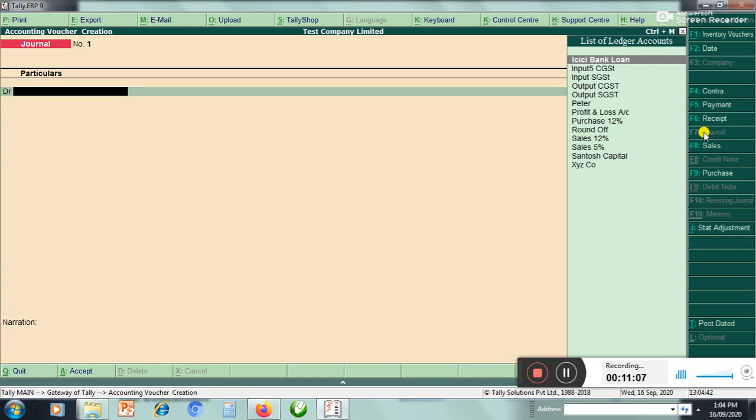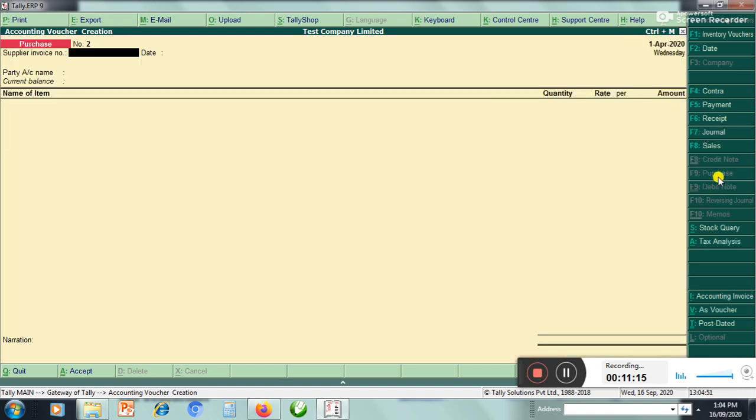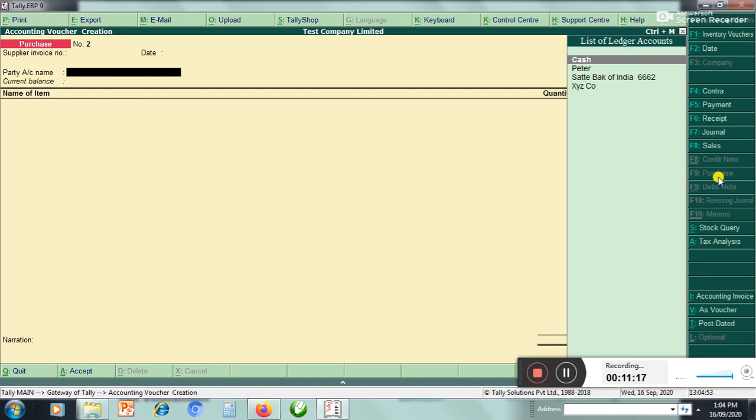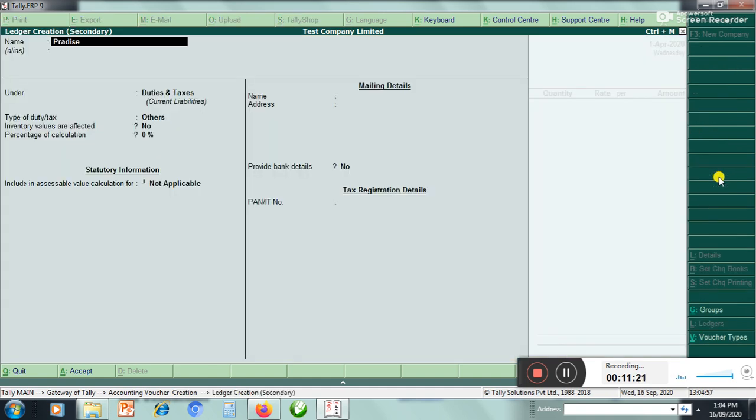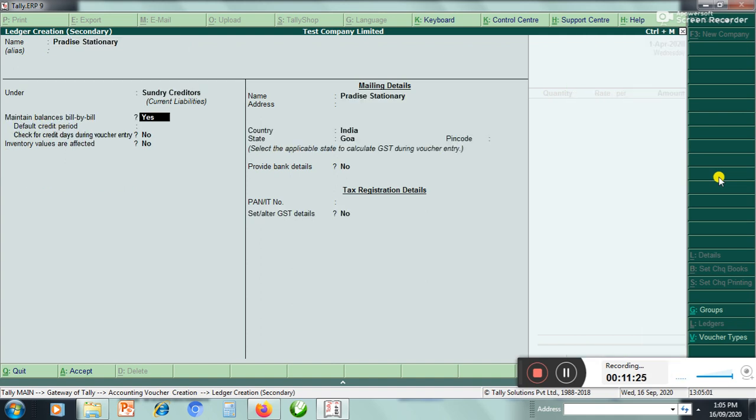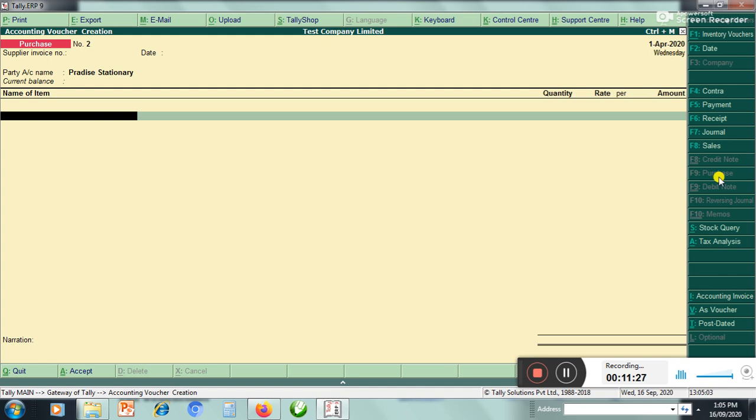So bills, whatever other bills you are receiving, for example, suppose I received a stationery bill or any other bill, that also you can pass under purchase. Suppose I purchase some stationery for office use from Paradise Stationery, sundry creditor. I don't have to record what is purchased, because I have purchased it for office use. I don't want to record that. At that time, this invoice will be an accounting invoice.